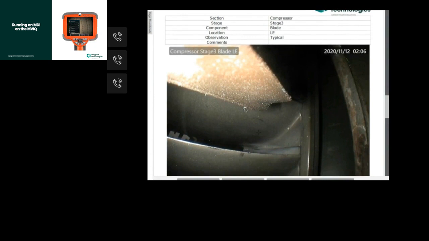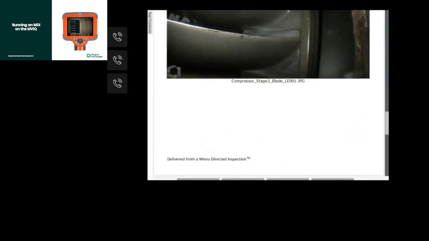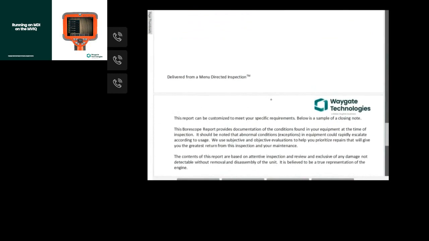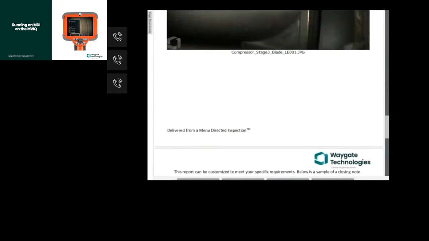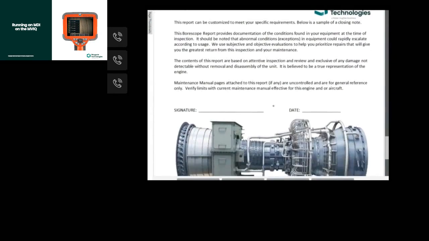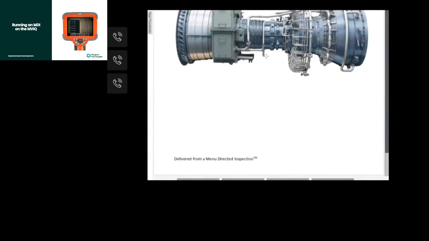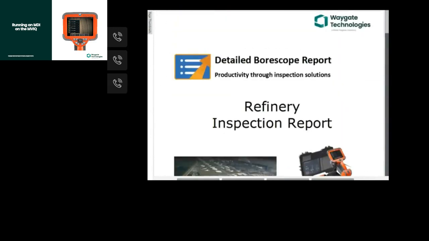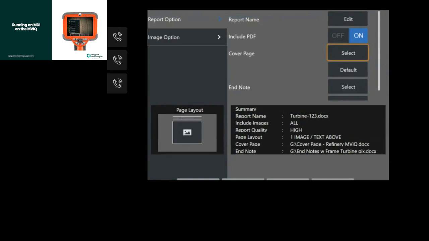Everybody's going to be spelling that annotation the same, and you see that the compressor stage 3 blade leading edge is the name of the file. And by the way, if we were to look at the flagged images, that file name would be red. Then here's my endnotes. You're the one that defines how these cover pages and endnotes are going to look. So that's how you would document an inspection